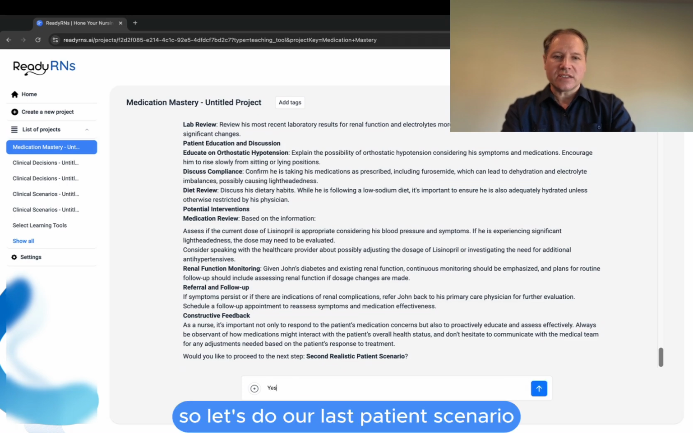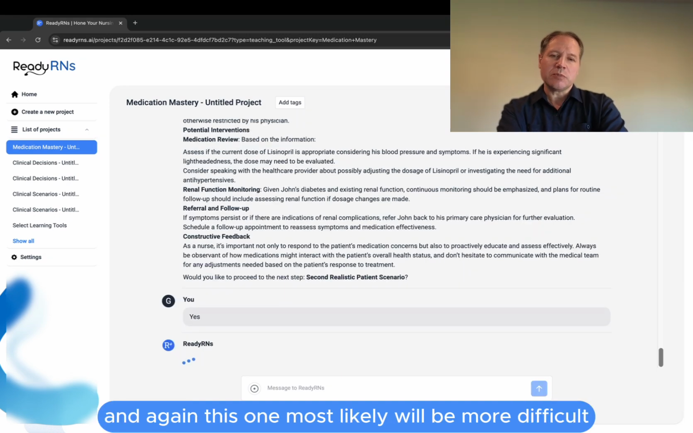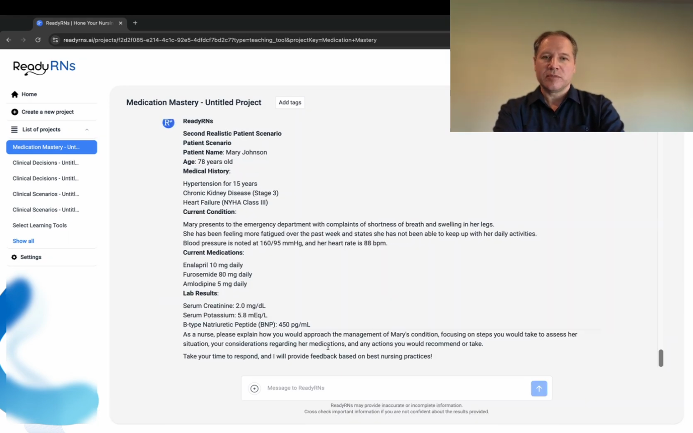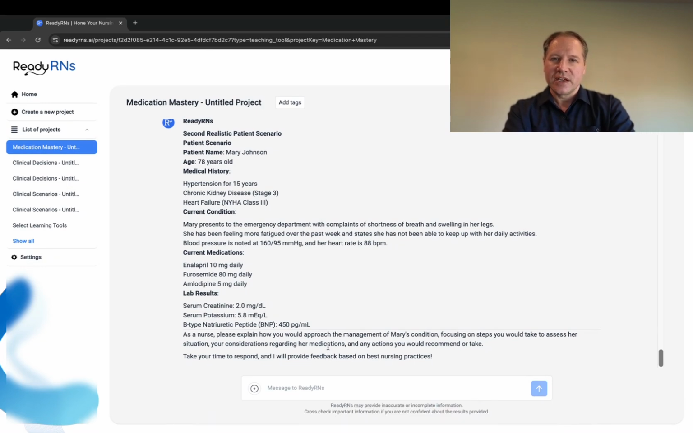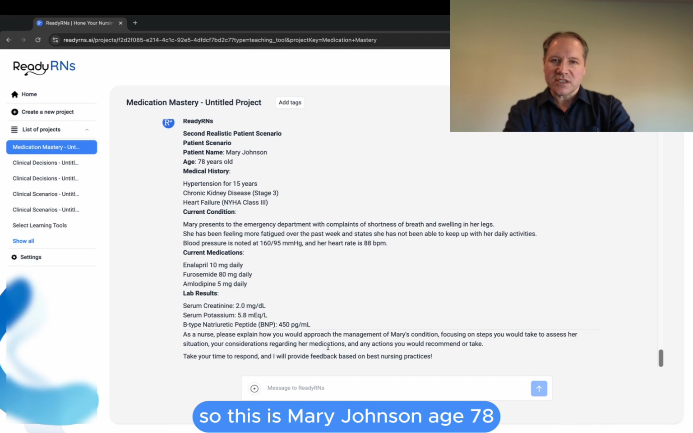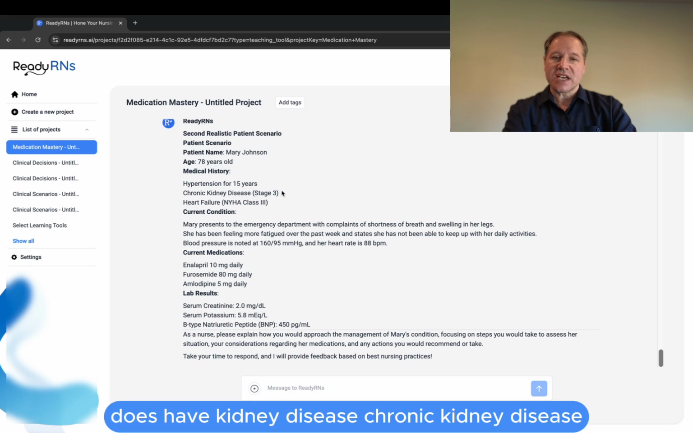So let's do our last patient scenario. And again, this one most likely will be more difficult. But as you can tell, if they're difficult or not, it's easy to say, I don't know, and then ReadyRN will guide you through. So this is Mary Johnson, age 78, has had hypertension for a while, does have kidney